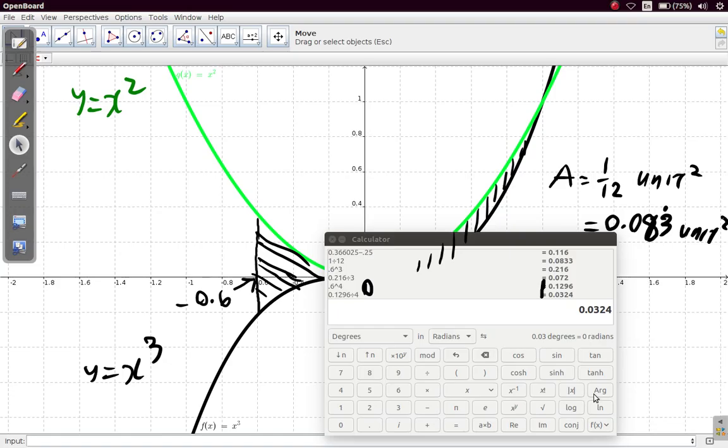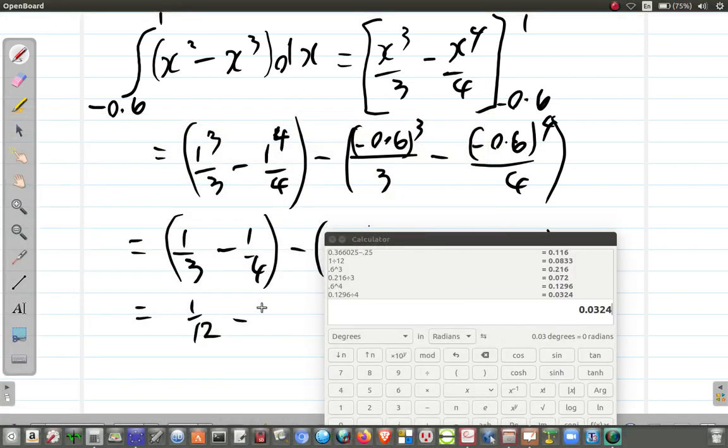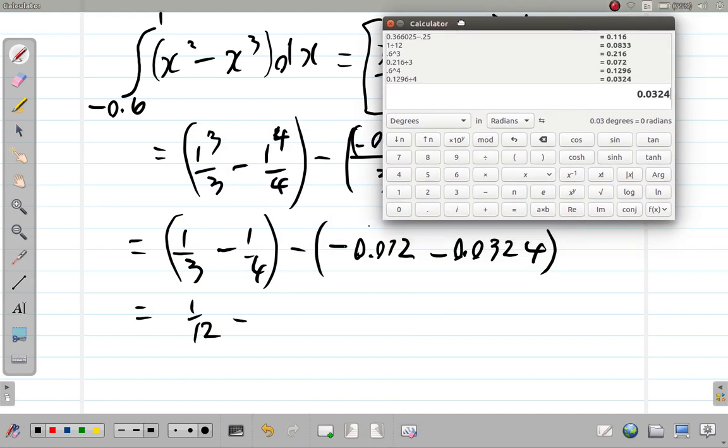The next thing is that you're going to have negative 0.072 minus 0.0324. So let's do that. You have negative 0.072 minus 0.0324 equals